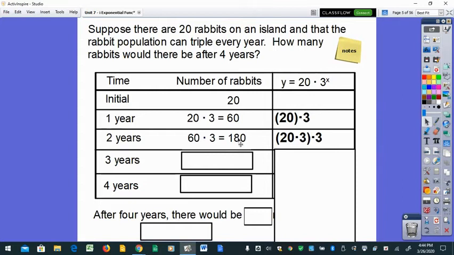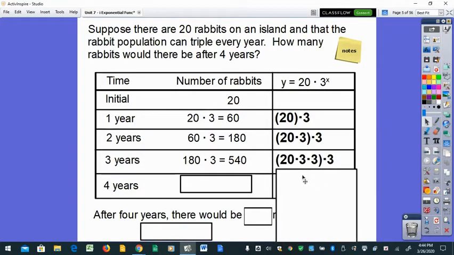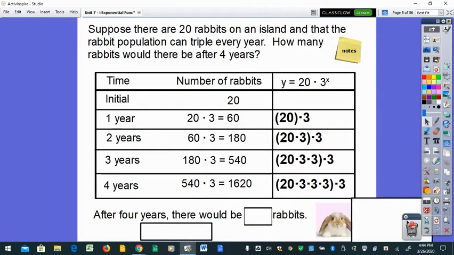Now that 180 is going to be multiplied by 3. So after 3 years, there'd be 540. And if we kind of write it out as an expression here, you'll see there's the 20 times 3 times 3. There was after 2 years, and now after 3. And then if we go to 4 years, we'd be up to 1,620. And we would have multiplied that initial population by 4 factors of 3. And there would end up being